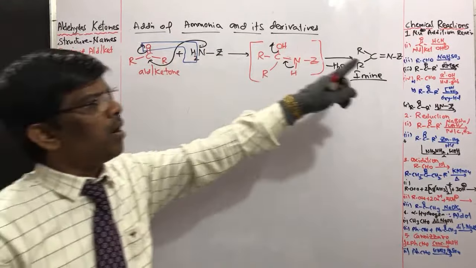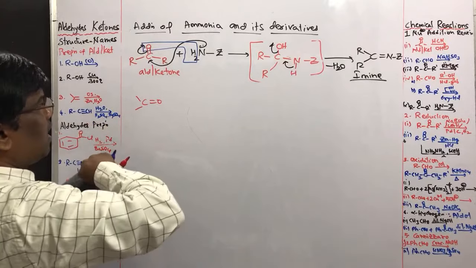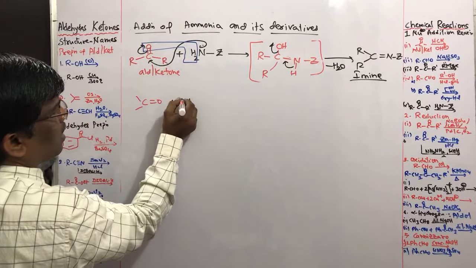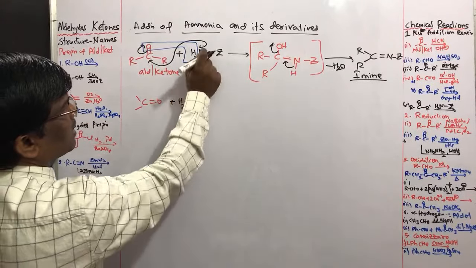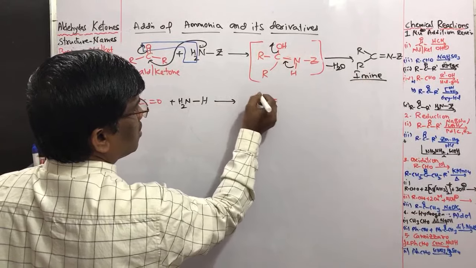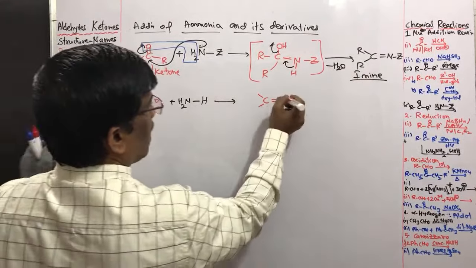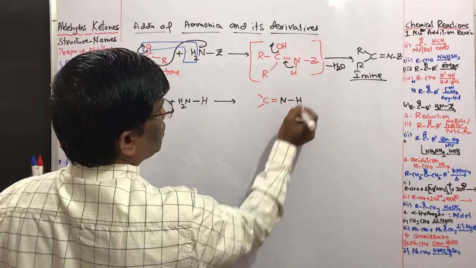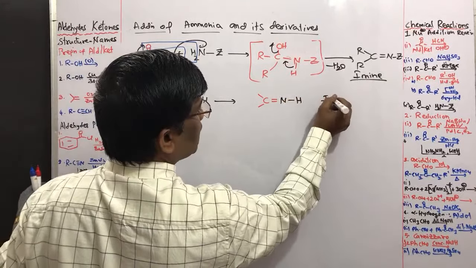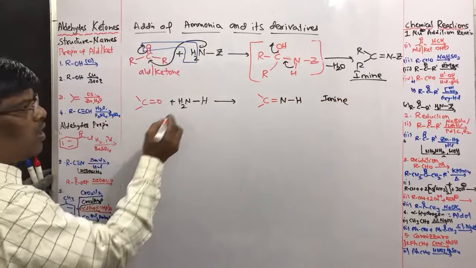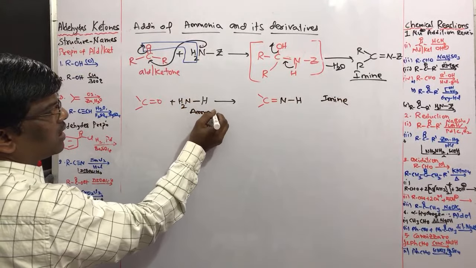So if I take ammonia here, let me write like this. I am not going to write R groups here, plus ammonia or NH2, and Z, if it is hydrogen, what we are saying? Ammonia, right? So directly I will write this compound, R group, and N, this is H. This compound is imine. When I use ammonia, I am going to get imine,